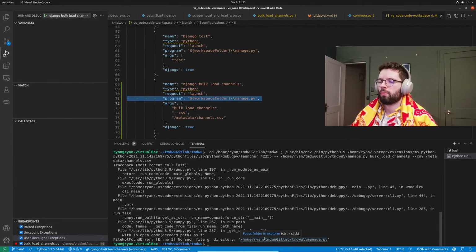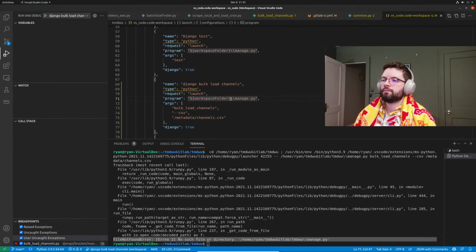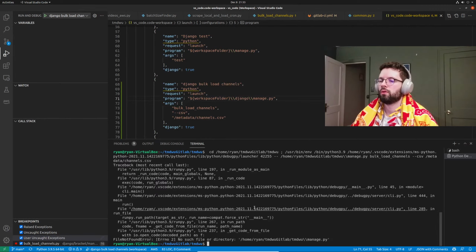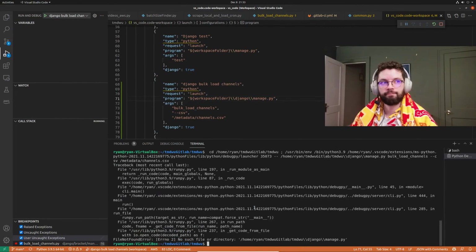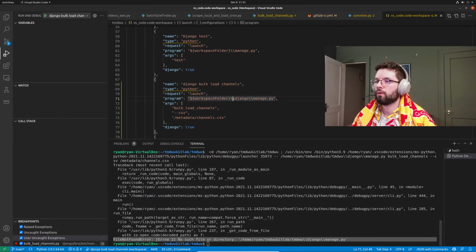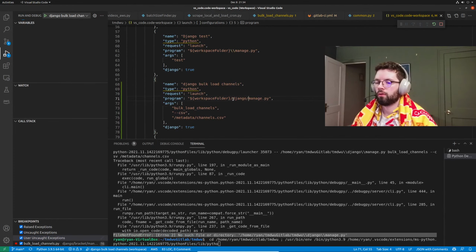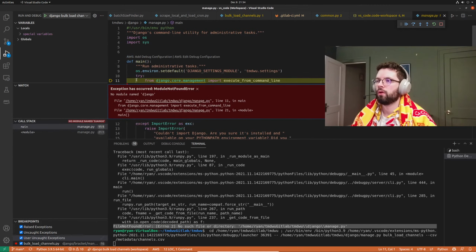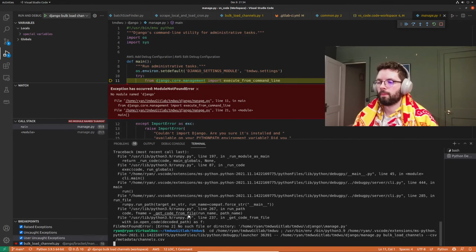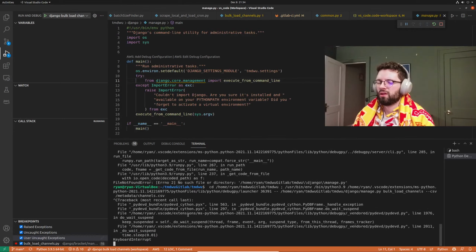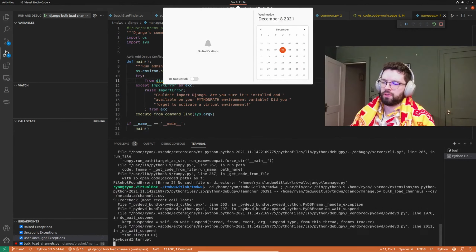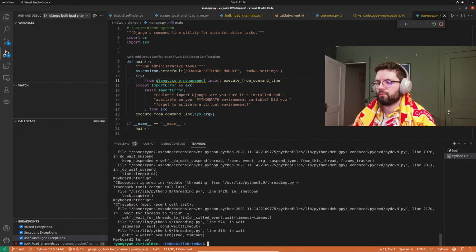Workspace folder. Oh, I'm not even reading it. No such file or directory. Django. Wow. Gotta read. That's the hard part. Cool. No module named Django. So if I just pip install my dependencies,